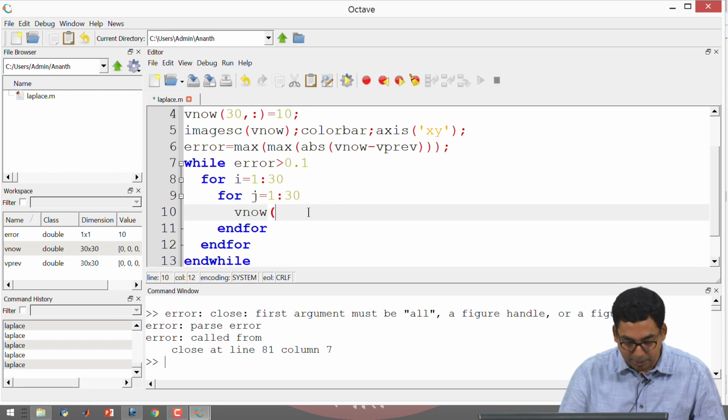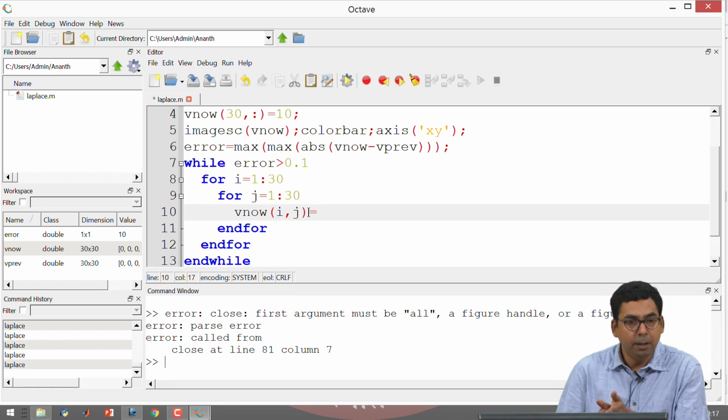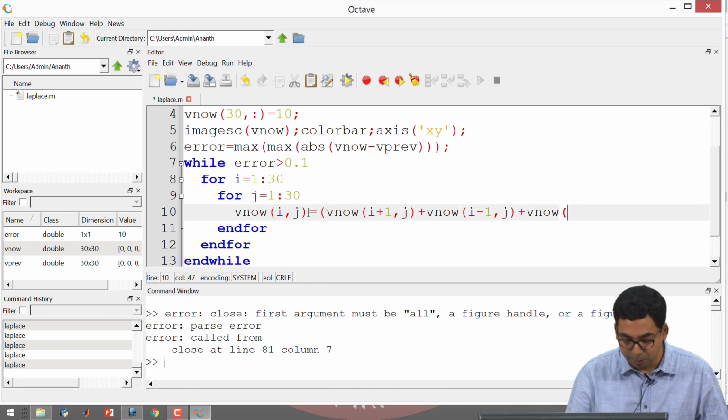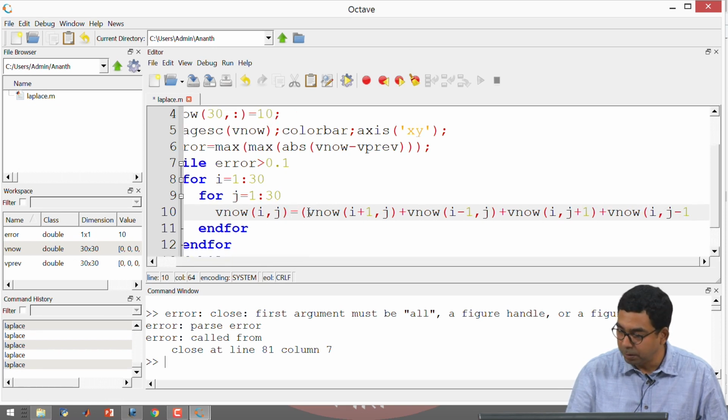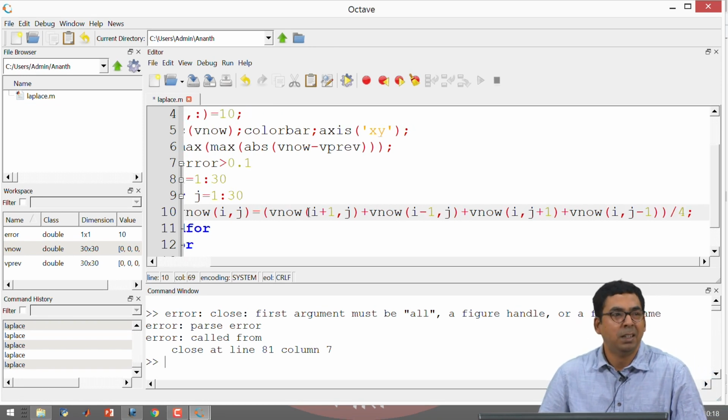So, I would like to take the value of the voltage at i comma j, which is the unknown quantity, and I would like to say that this is going to be equal to V now of i plus 1 comma j plus V now of i minus 1 comma j plus V now of i comma j plus 1 plus V now of i comma j minus 1, the whole thing divided by 4. So, very simple